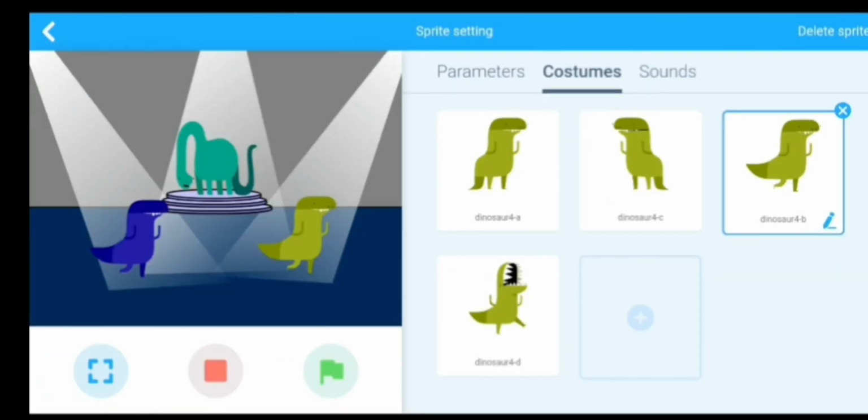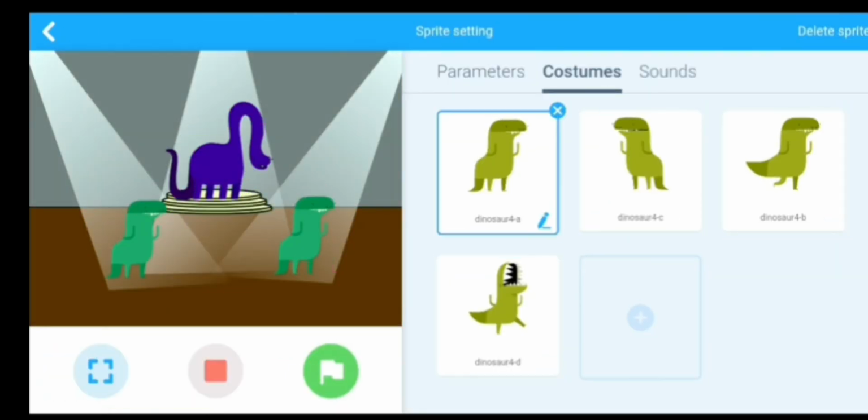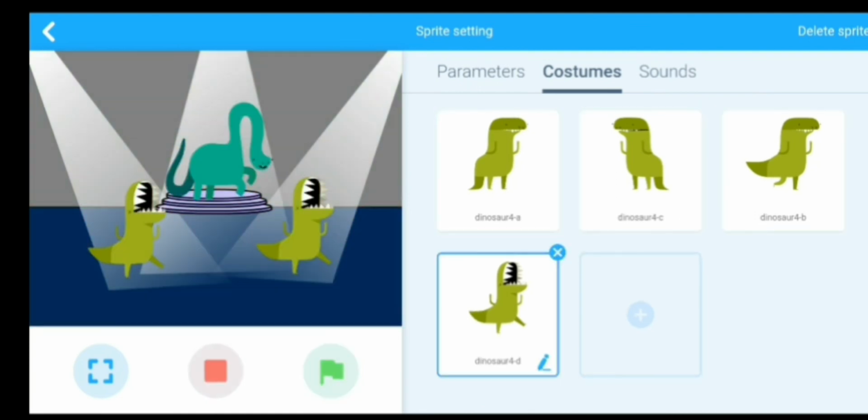Fine, and run it. Look at here, in this game we will control the color effect of the sprites by sliding the finger up and down. Okay, fine. Thank you, class.